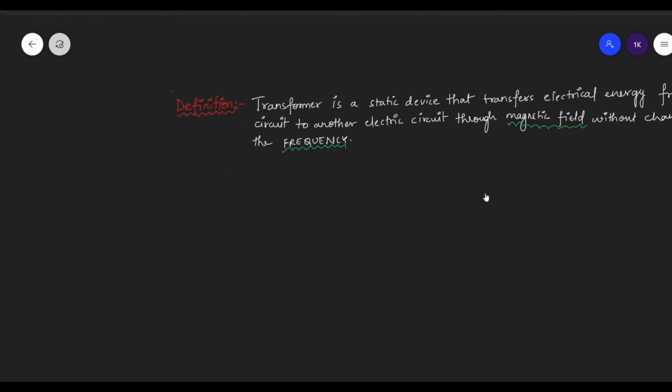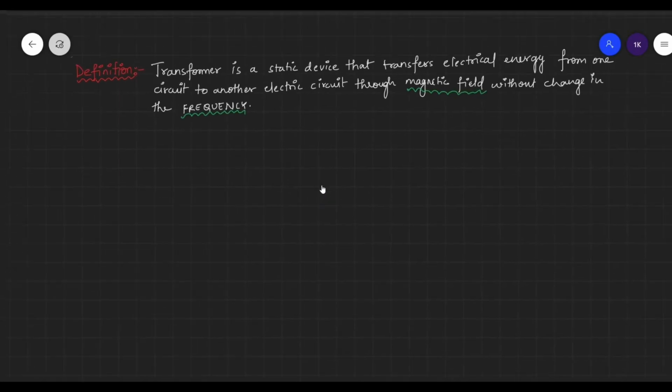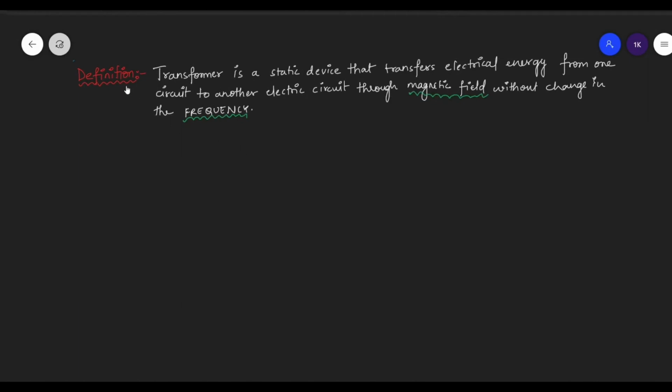So coming to the, let us try to see the definition. First of all, definition of a transformer. So definition states that transformer is a static device. You can say it as a static machine also, but I consider it as a static device because it doesn't have any rotating parts. So it is a static device that transfers electrical energy from one circuit to another circuit